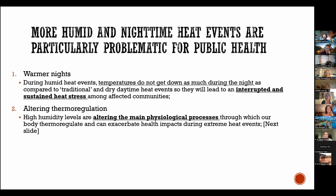It's easy on a day-to-day basis, but here when I'm talking about humidity, what matters for physiological processes is really the absolute level of humidity, not the relative one. So just a side note, just to be very, very specific. But yeah, when there is a lot of humidity in the air,